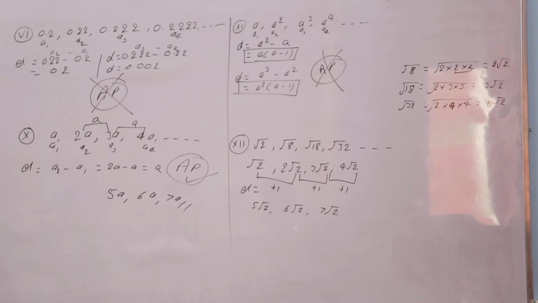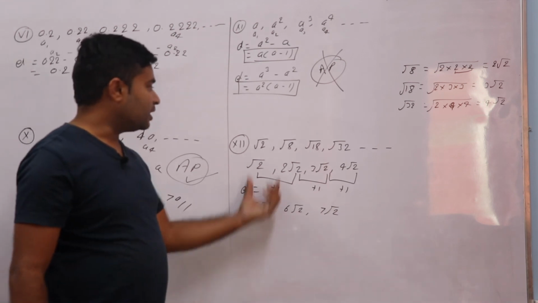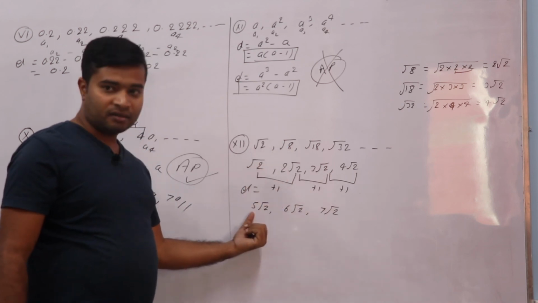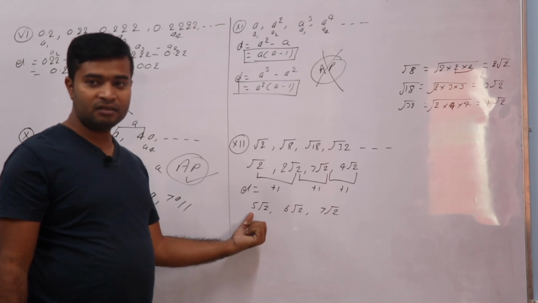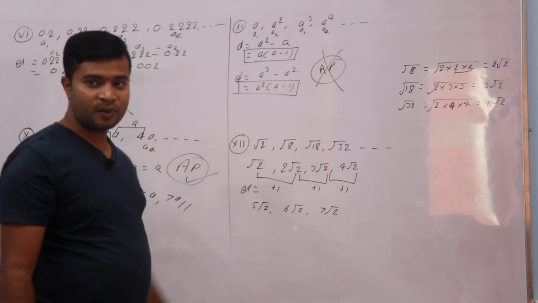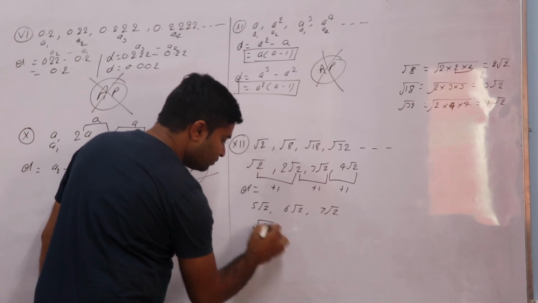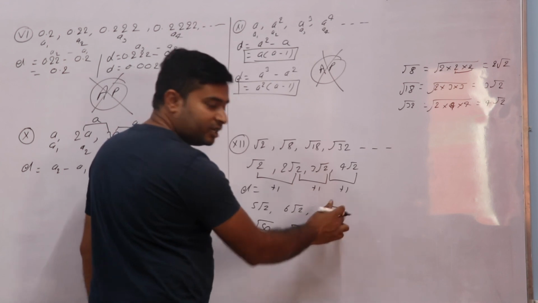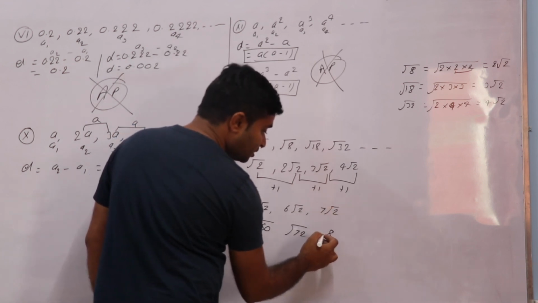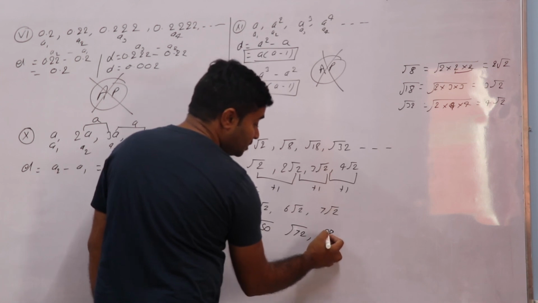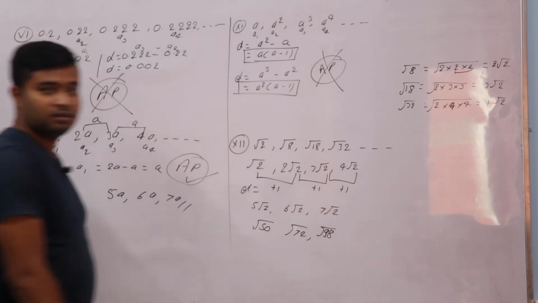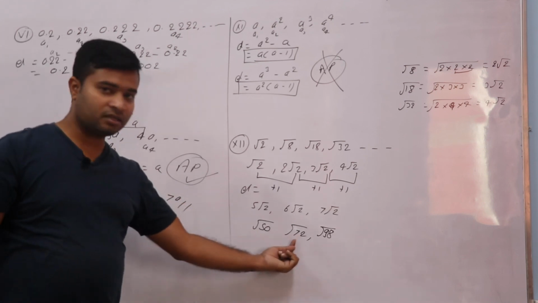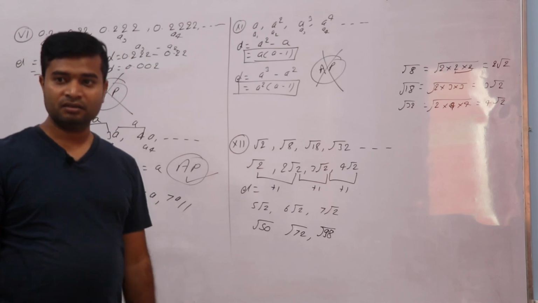Chalo, copied? Acha, one more thing. If you need to write in this format only, what do you do? Make the number a square. So 5 fives are 25, 25 into 2, that is 50. 6 sixes are 36, 36 into 2, that is 72. 7 sevens are 49, 49 into 2, that is 98. So they become your 5th term, 6th term and 7th term. Done? Yes or no?